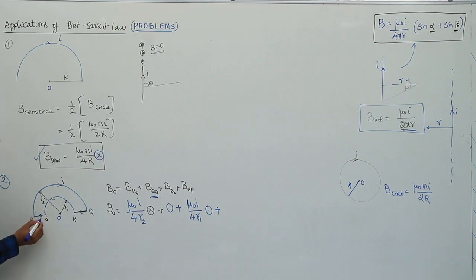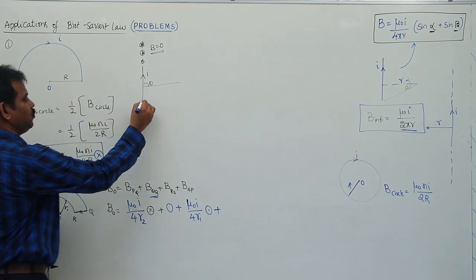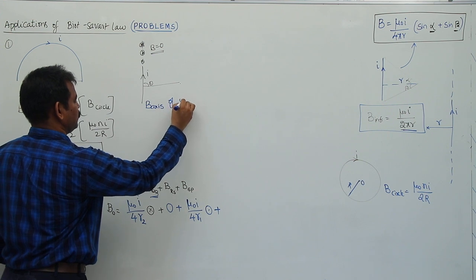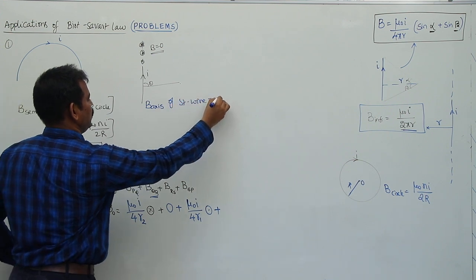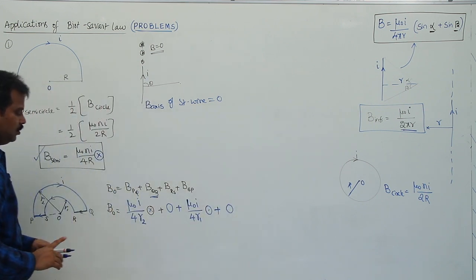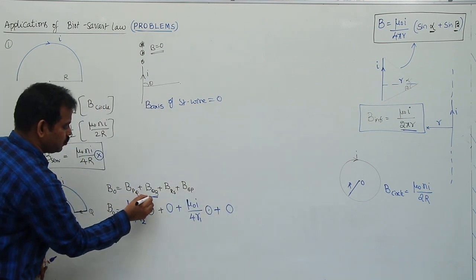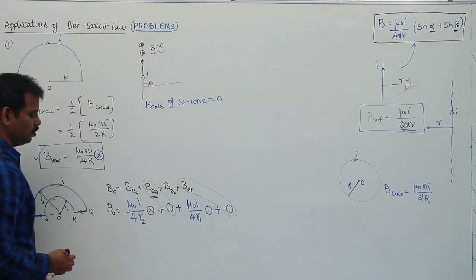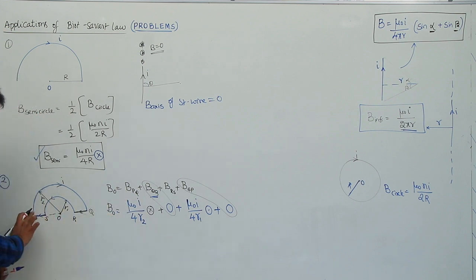straight wire. As it is a straight wire, and if you extend here, this is also a straight wire, and this point lies on the axis of this one. The magnetic field on the axis of a straight wire is always 0. So this is also equal to 0. So you can see the magnetic field due to the QR portion and the magnetic field due to SP is 0. So we have magnetic field only due to these two semicircular portions at this point O.